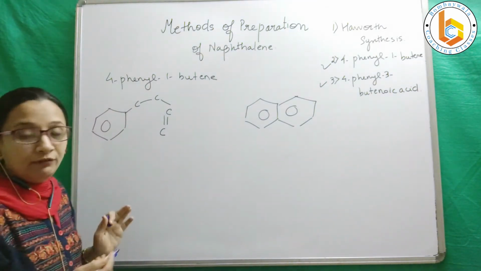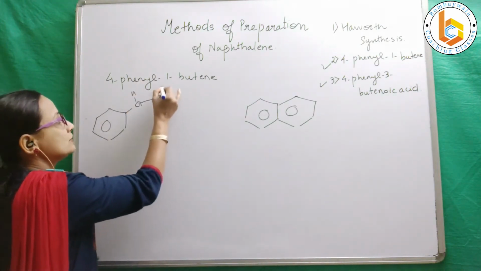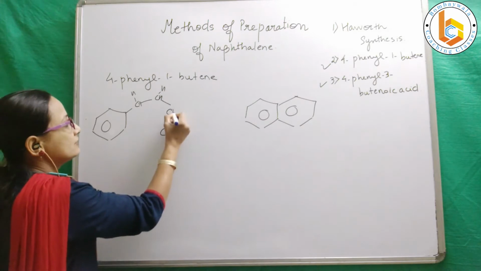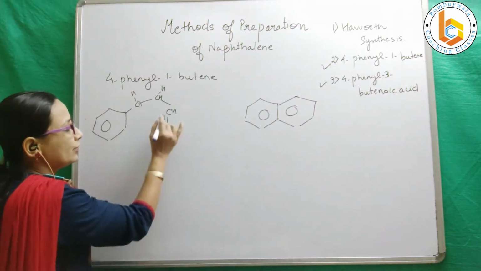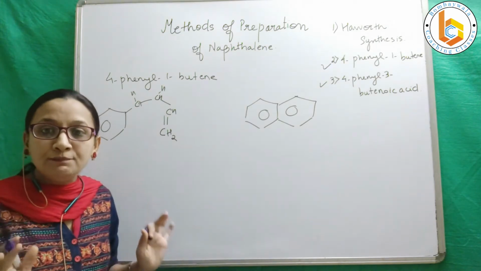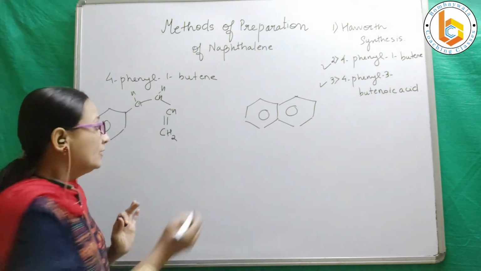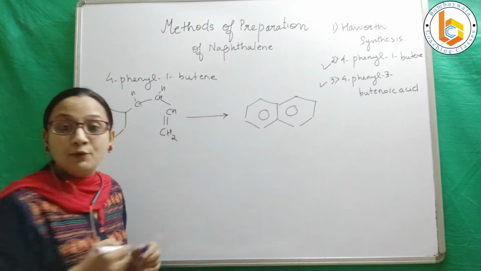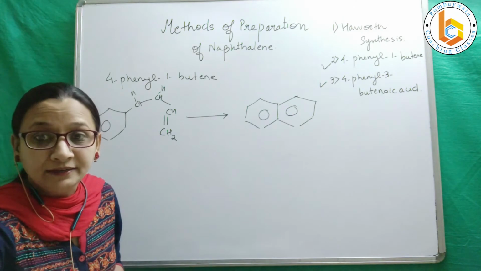And how do I fulfill the valencies? I can write it as CH2, like this. This is the double bond. So 1, 2, 3 and 4. This is how simple the structure is. Now imagine what is going to happen. This is nothing but a type of oxidation reaction which is going to occur here.